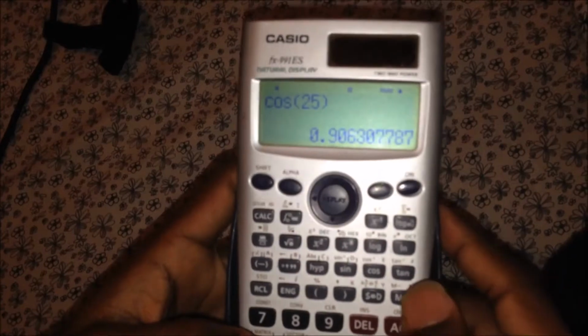Now we will go for some advanced. With the help of the scientific calculator, we can do some trigonometric calculations. We can't remember all. We can remember the value of sine 30 or sine 45, but we can't remember the value of sine 20. I think nobody knows. It will help us. And cos of 15 degrees, 25 degrees. Here, we can do these things.